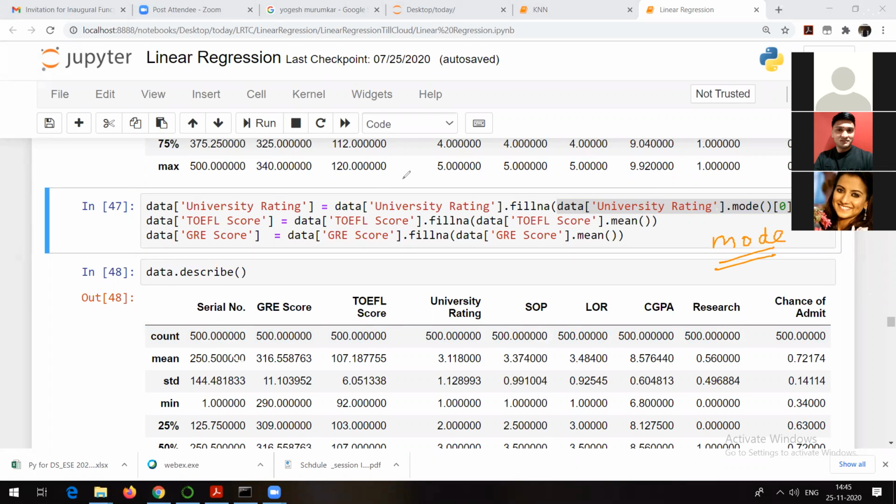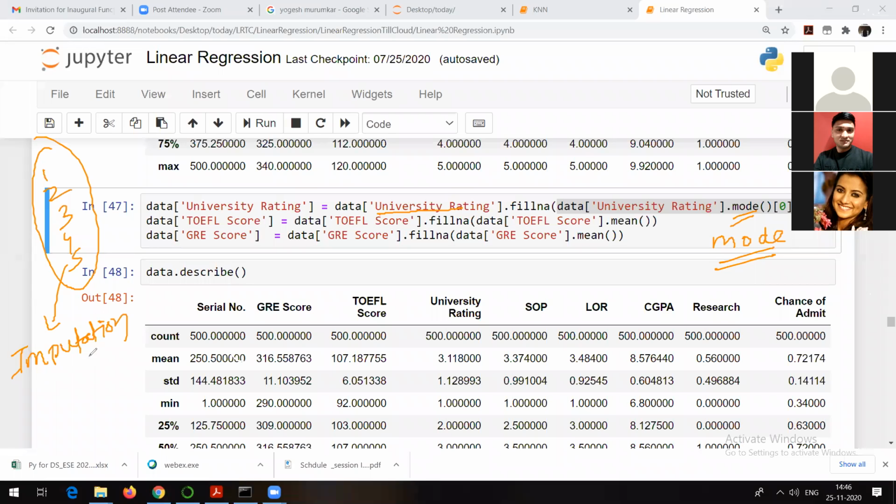Now why are we replacing the missing values from university rating with the mode? Why not with the mean? Because university rating is either 1 or 2 or 3 or 4 or 5. So it's like categorical data. So always remember, whenever we want to handle missing values, we actually call it imputation.